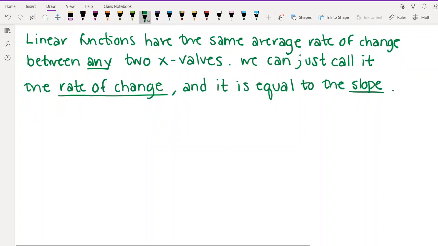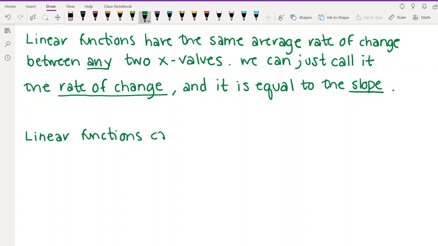So I'm going to write that down, and then we'll jump into some examples and get into seeing how the slope and the y-intercept kind of show up in those situations. So linear functions can be used to model. And when I say model, it basically just means to kind of represent, but